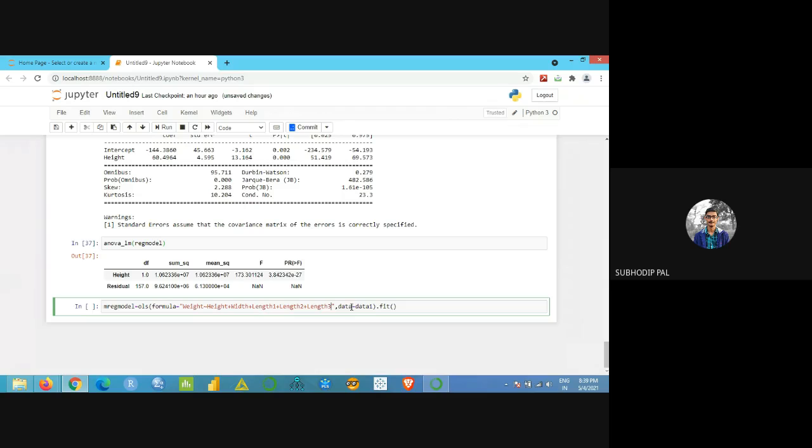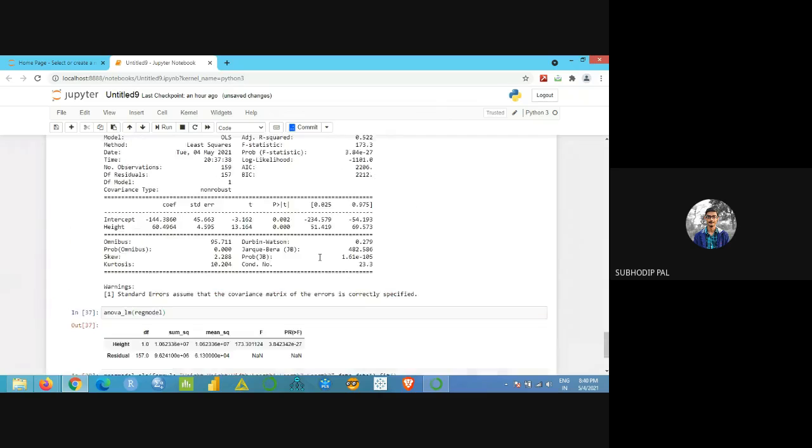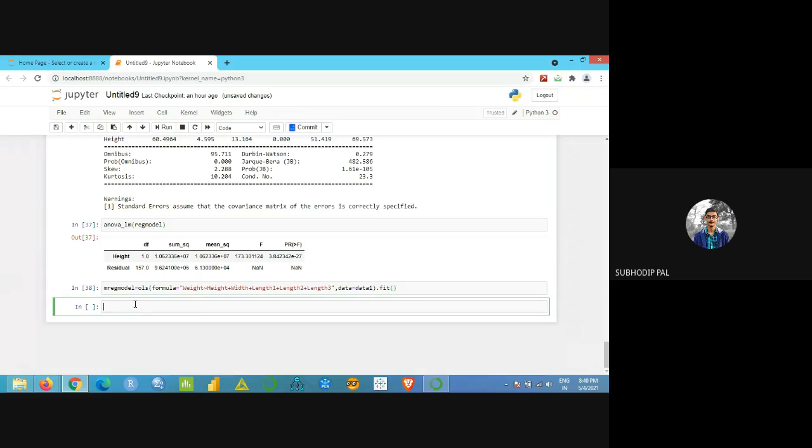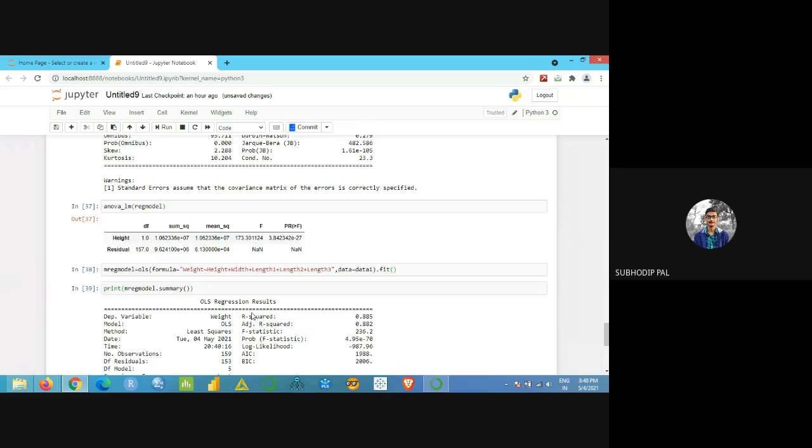Then everything will be the same. Just shift enter. Then same thing, I'll just copy the output, the summary, and replace the name. MREG model I've given. Now press enter.